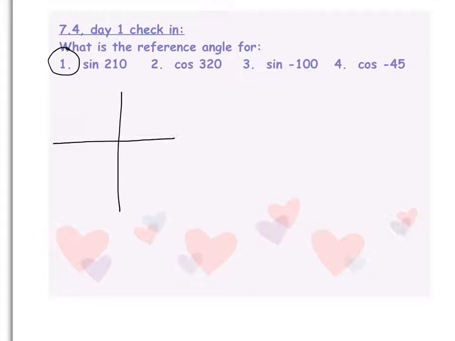We've got a 210 degree angle. Here's the initial side. 210 puts us down in quadrant 3, slightly past 180, but not quite to 270 degrees, which means its reference angle is going to be right here. And the question is, how many degrees is 210 past 180? It would be 30. Okay, so what this means is the sine of 210